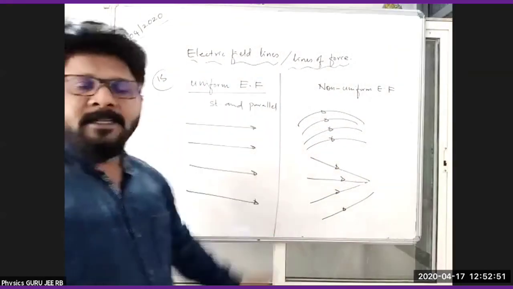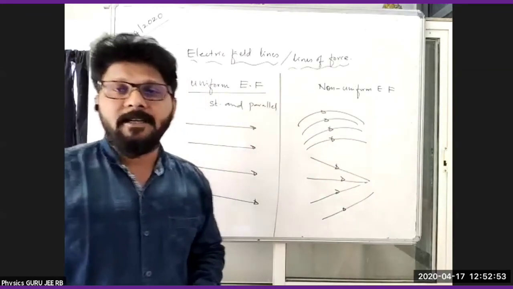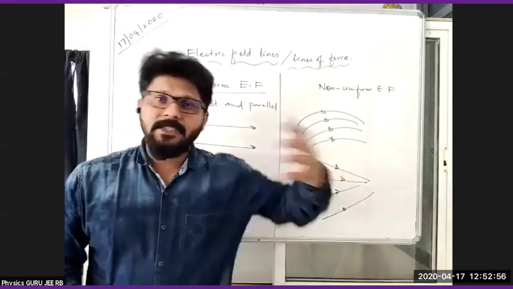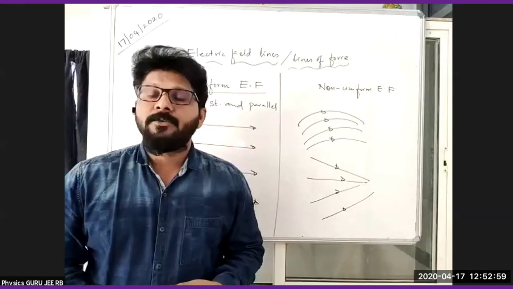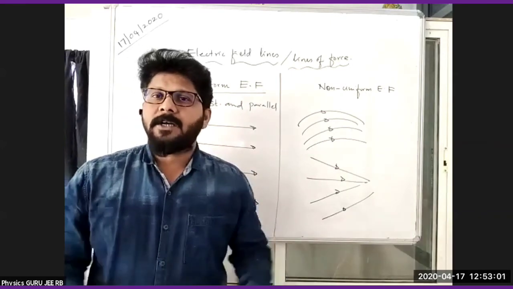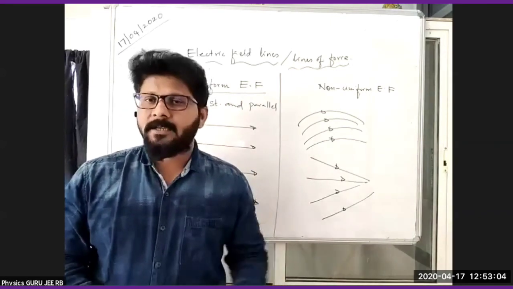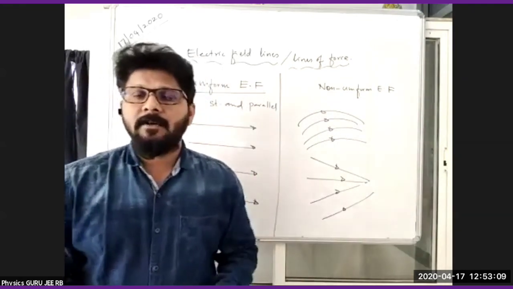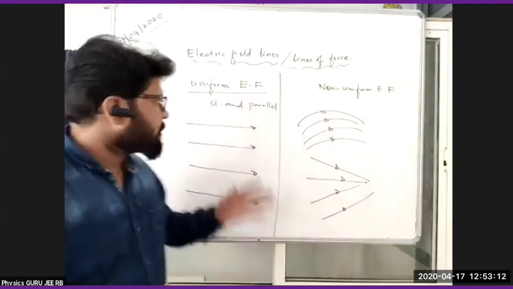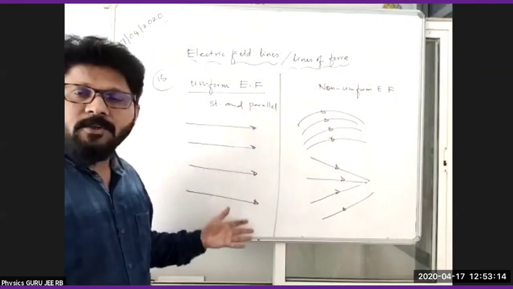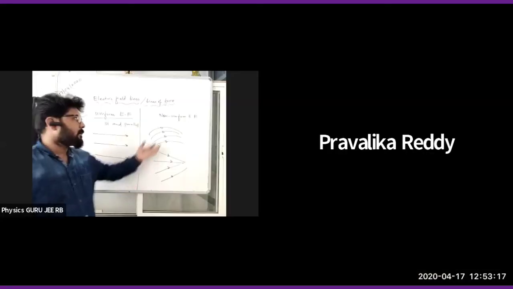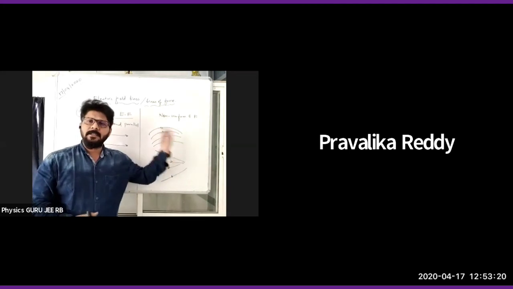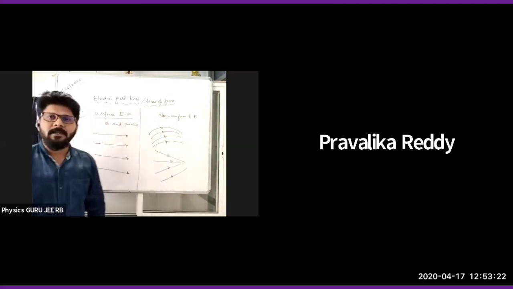In derivations, whatever we took was a uniform electric field, do you remember or not? A charged particle is entering into the uniform electric field. What is the path of the charged particle, projectile motion? What is the velocity? What is the deflection in the y direction? What is the angle? Already we calculated that. The same thing we are doing here. This is nothing but uniform, straight and parallel. If it is not other than this, we will call it a non-uniform electric field.